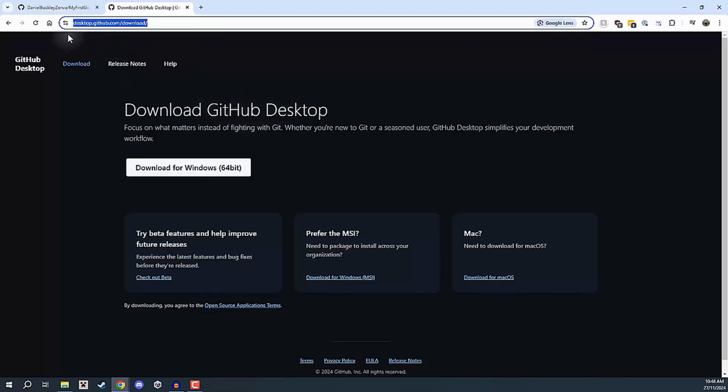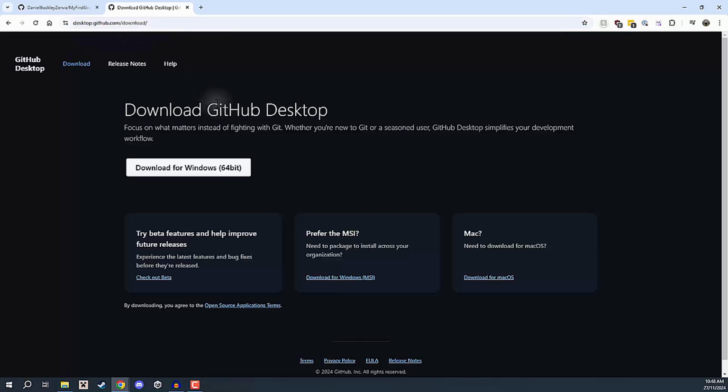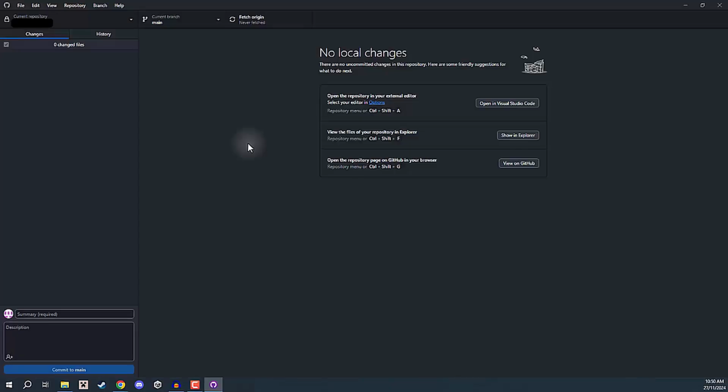You can find this by going to desktop.github.com/download, or just Google GitHub Desktop. So we're going to go ahead and click on the download button right here, and that is going to begin the download process. Okay, so once you have installed GitHub Desktop and have opened it up, you should be presented